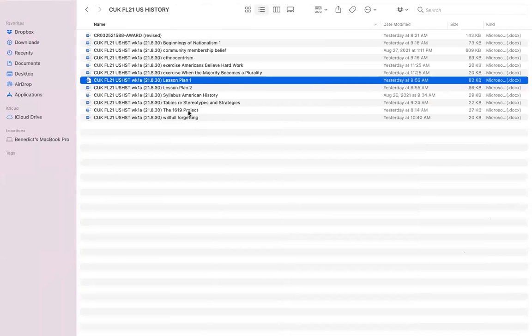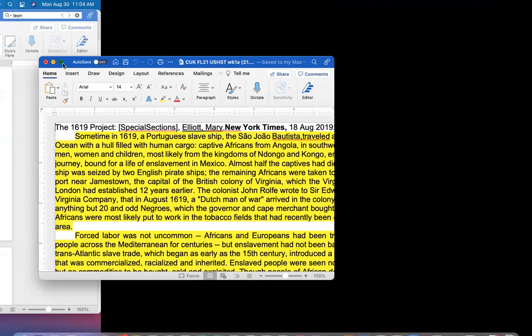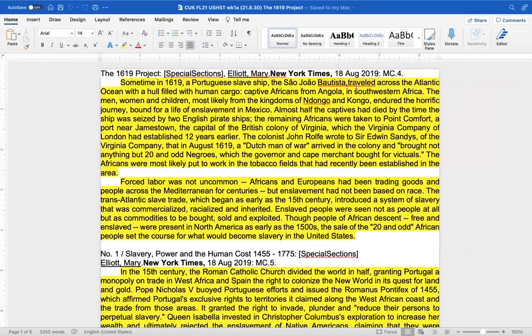Okay, so there was some reference to the 1619 Project. This was a project published a few years ago, in 2019, by the New York Times. I won't read all of it here, but it highlights how slavery was present at the very foundation of America. When the first white people came to North America in 1619, they brought with them slaves, Africans who were enslaved. And that means or implies that,